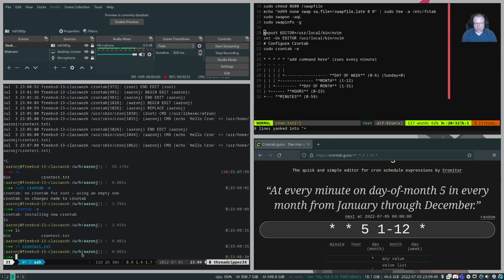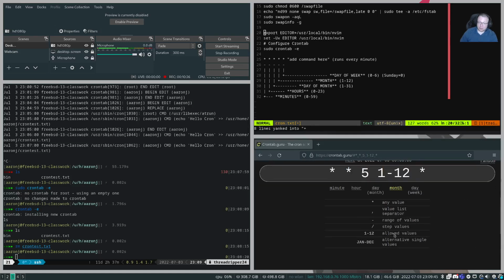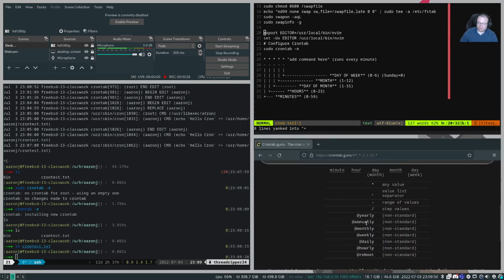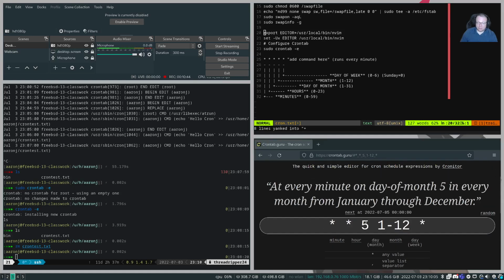And are there other ways of scheduling jobs? Yeah, you actually have some commands that are available to you, so you can do stuff like every year, do annually, monthly, weekly, daily, hourly, and at reboot. These are considered quote unquote non-standard, but so far all the systems that I have used, those have been fine. But if they're not fine, you can still do that